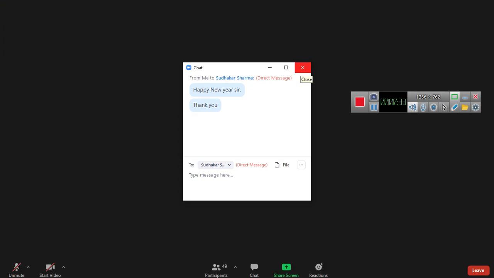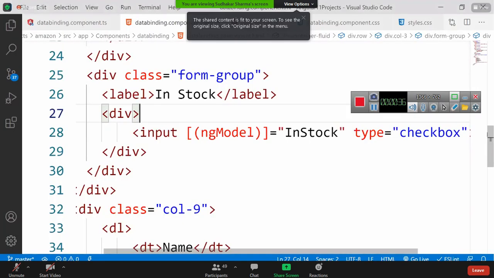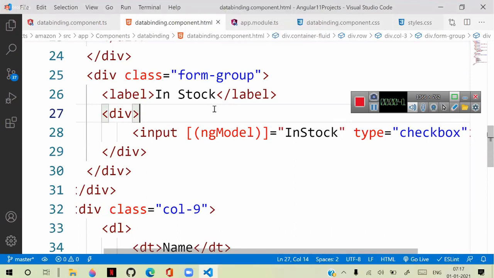Last session we discussed how to use two-way data binding in Angular. In two-way data binding, we discussed how we can use ngModel.